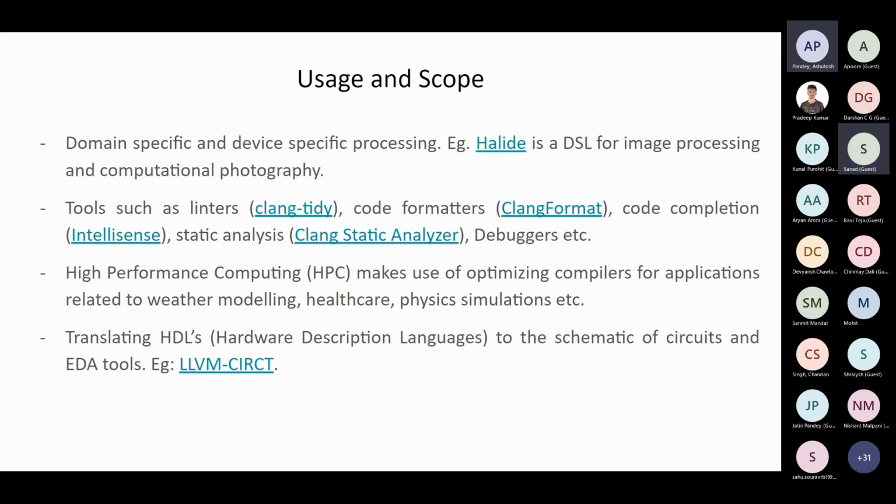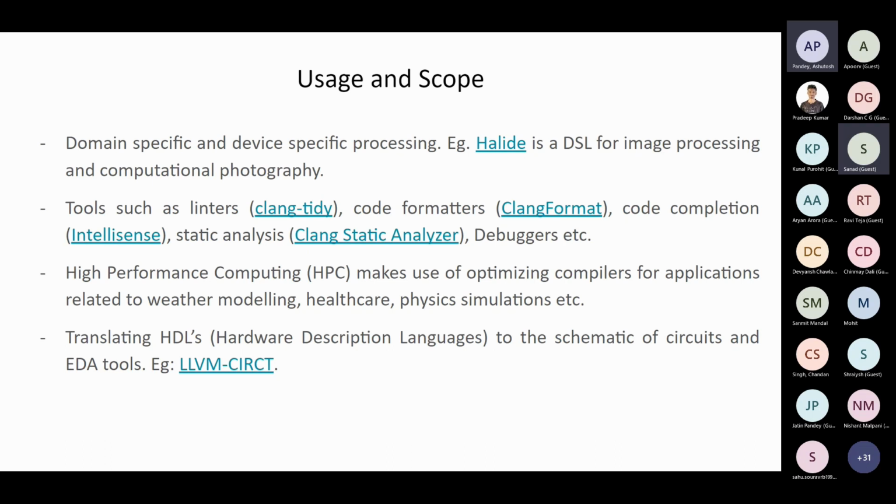So for image processing and computational photography, they've created their own language. It's called Halide, and it operates on top of LLVM. And LLVM is something important also that we'll come to. So Halide is an example of a DSL that's used for one specific purpose, to process images on smartphones.